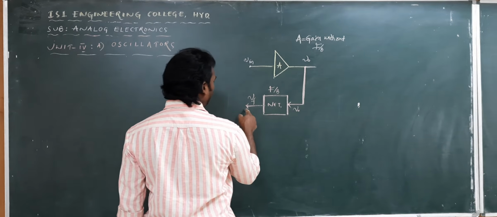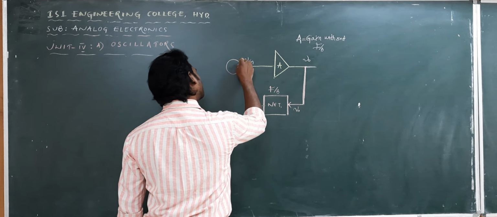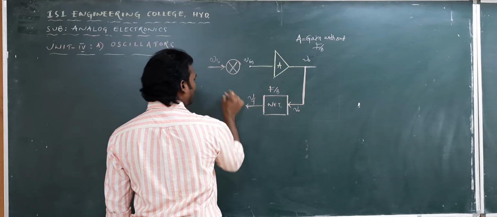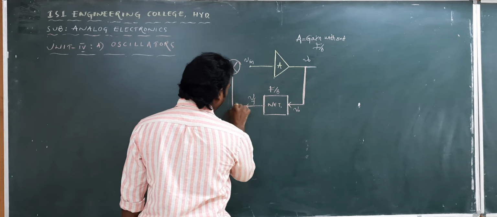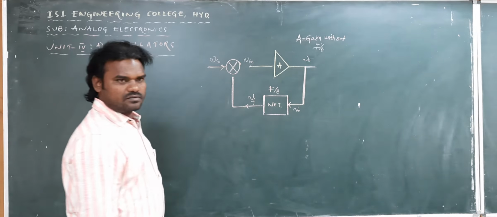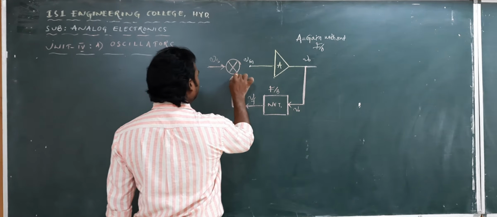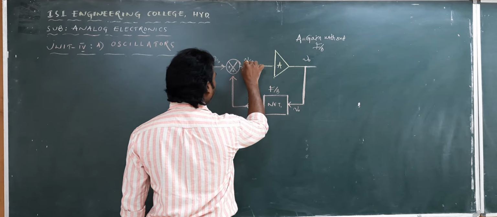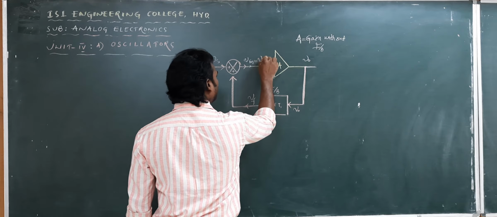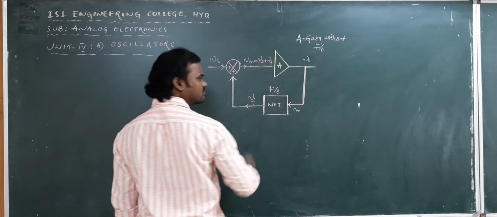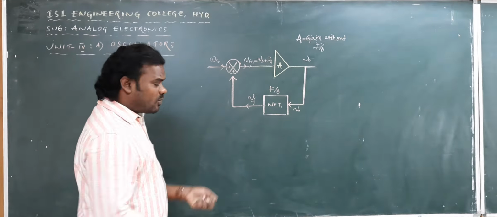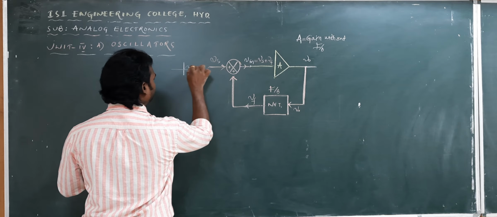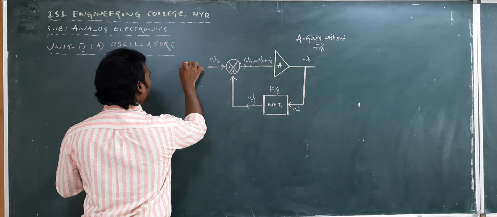Then here this is Vin and this is Vf, so I am adding this signal. We had Vs earlier, and this is what? Adder. This is a summer, an adder and a mixer also. If this is plus and this is also plus, then Vin is equal to what I can write? Vin is equal to Vs plus Vf. Both are pluses only. Both are pluses means these two signals are called in phase signals. In the last class I have explained.